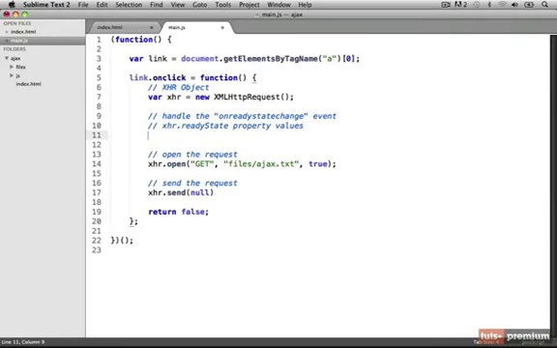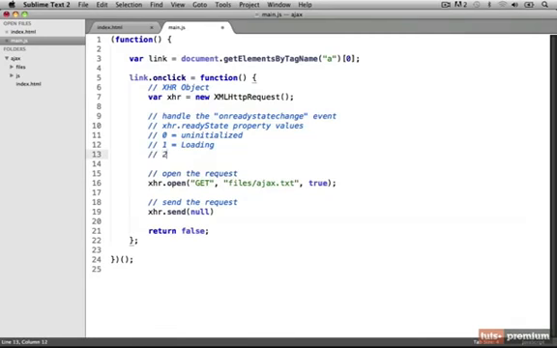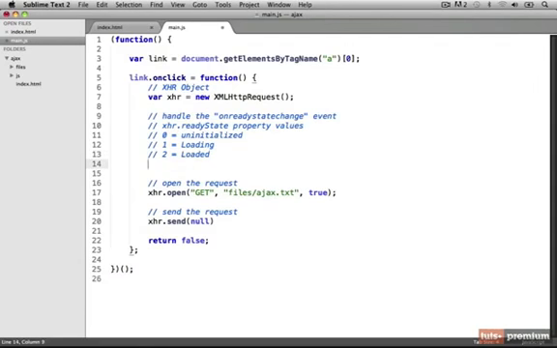So if the XHR object's ready state is equal to 0, that means it's uninitialized, basically meaning that the request hasn't been opened yet. If ready state is equal to 1, that means it's loading, meaning the request has been opened. If the ready state is equal to 2, that means it's loaded, which means the request has been sent to the server. Now if the ready state is equal to 3, meaning that it's interactive, that means that the